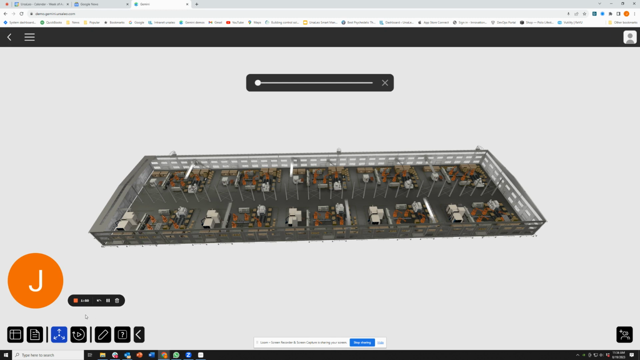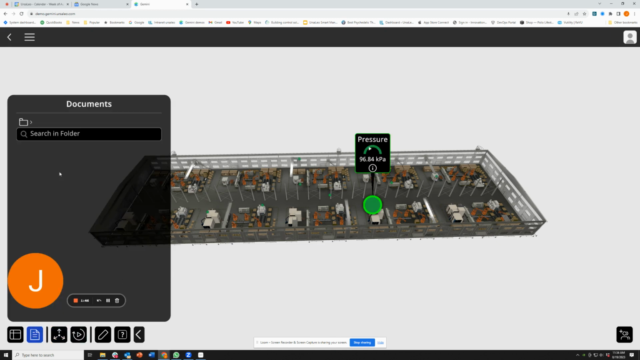We also have the ability to interface this digital twin to multiple other systems. In this case, we just have a document management system. So different documents can be uploaded and attached to pieces of equipment or locations inside the building, uploaded, downloaded, deleted